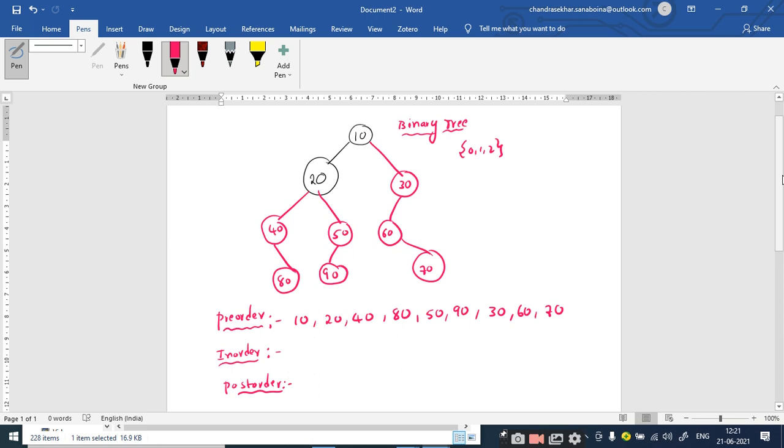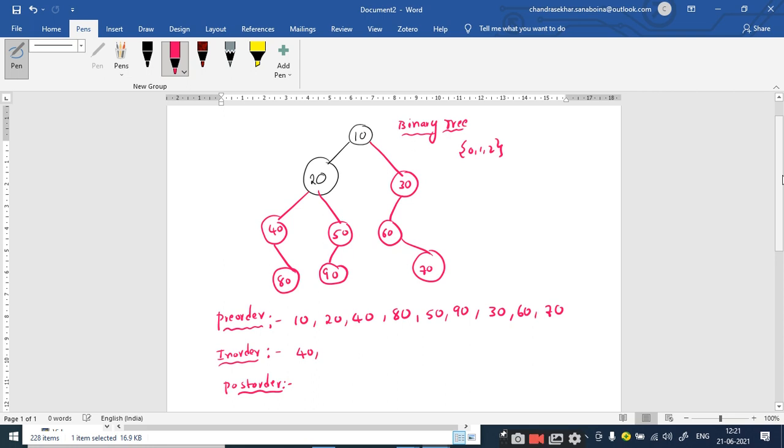Okay, super, right. Now tell me the in-order traversal. Please try it here itself, not on paper. What is the first element? 40, 80, 40.